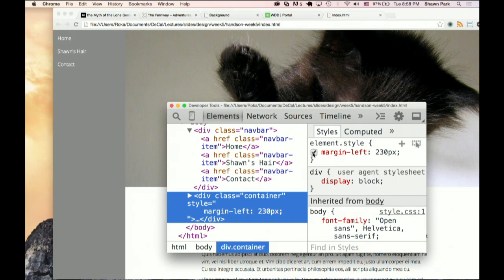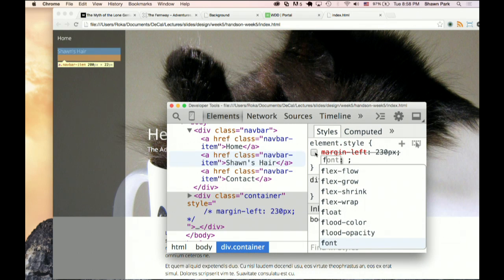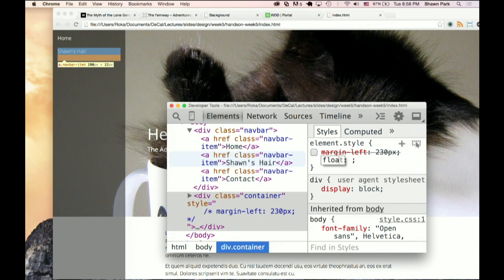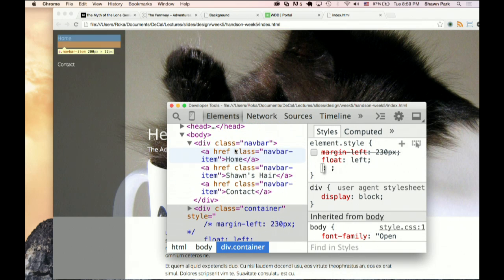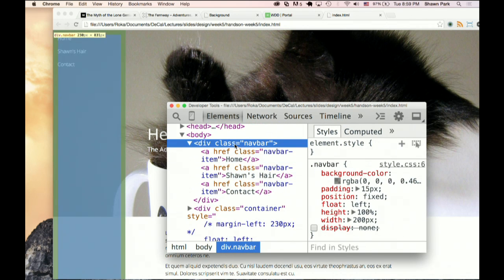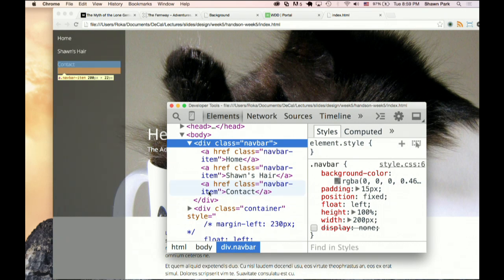Shouldn't the div float to the right of the navbar? No, because again, it's the same idea that the navbar is a separate element because it's position fixed right now. They don't really depend on each other anymore because we broke that relationship apart.